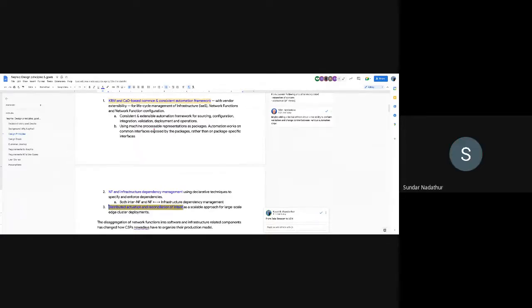Sundar. Hi. Okay. It's good to have all these design principles. I think it will be good to also add multi-tenancy as an explicit goal or principle, because it's going to be cross-cutting across your NFs, operators, cluster infrastructure, and the whole gamut. So it'll be good to at least articulate it explicitly in a requirements doc like this.